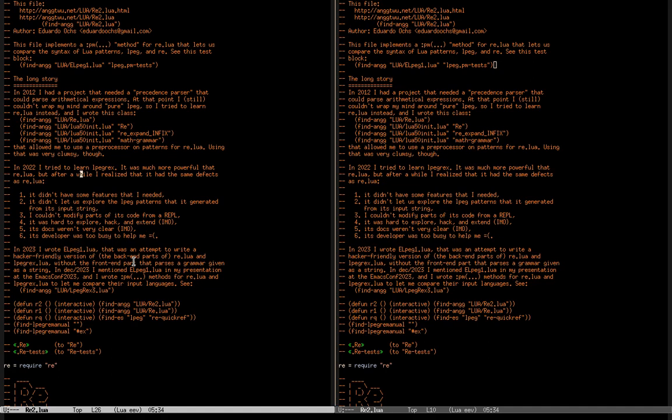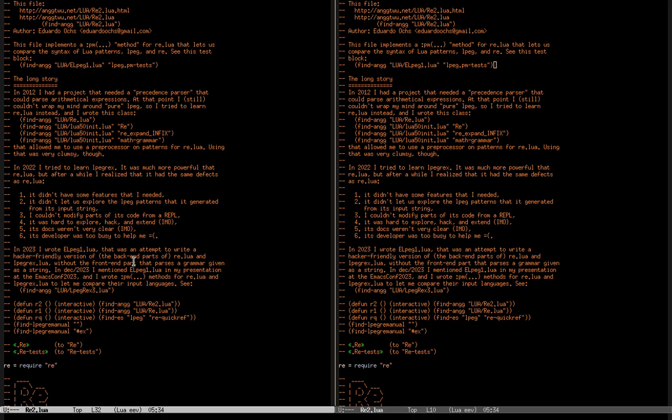Neither here.lua nor LPegRex had some features that I needed. They received a pattern that was specified as a string and converted it into an LPeg pattern, but they didn't let us explore the LPeg patterns that it generated.